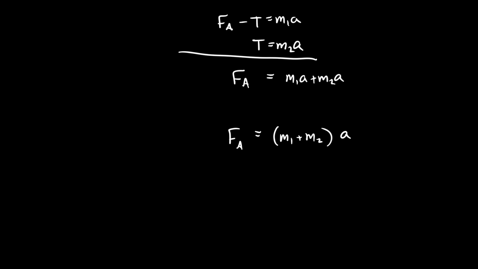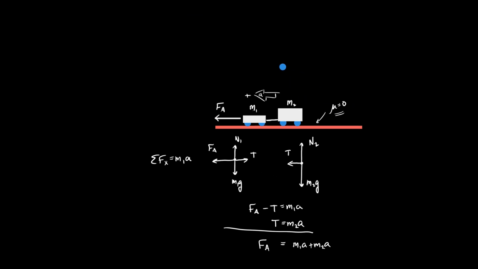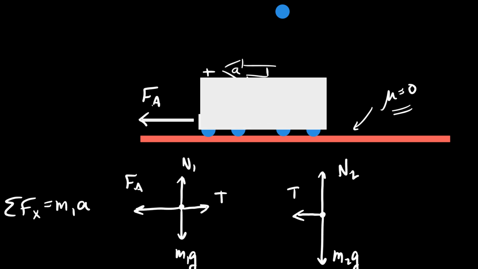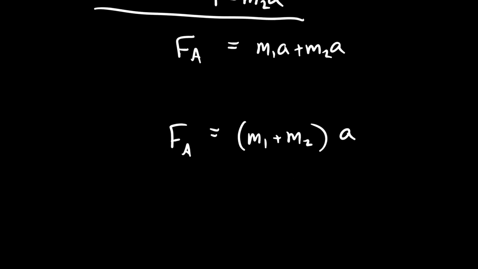Look, the applied force doesn't know if there's 2 train cars behind it or 100 train cars behind it. That force that's trying to cause the system to move doesn't really need to know what's going on there. In fact, it could just be one box of mass M1 plus M2. That's pretty clear because that's what I have here, isn't it? I have a single unbalanced force equal to the mass of the system times the acceleration. Newton's second law applies to systems just as much as it applies to individual objects.